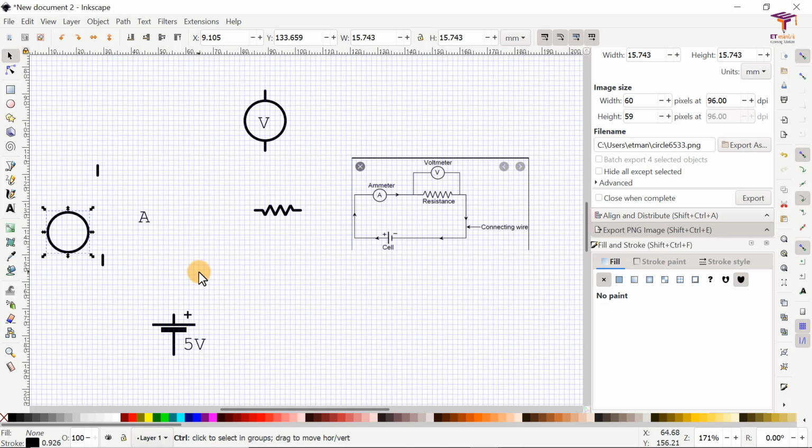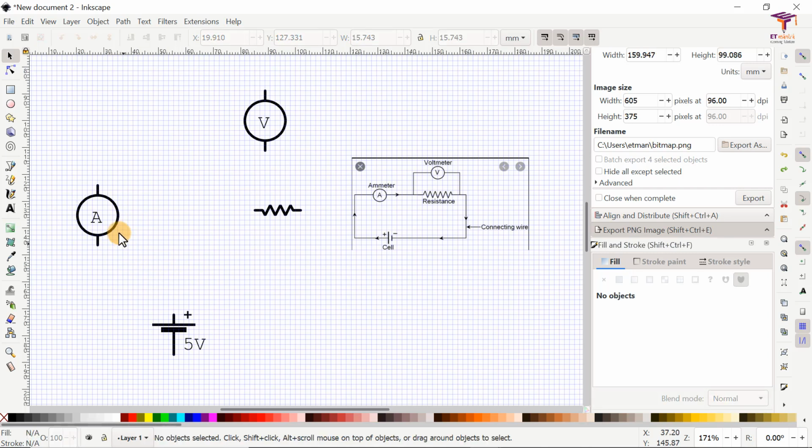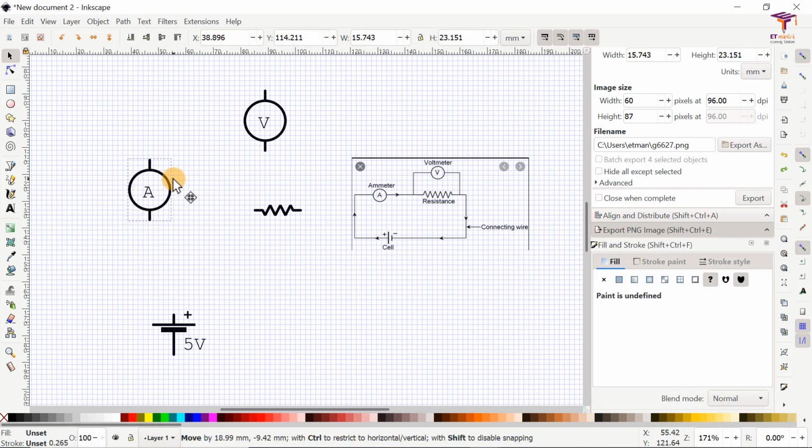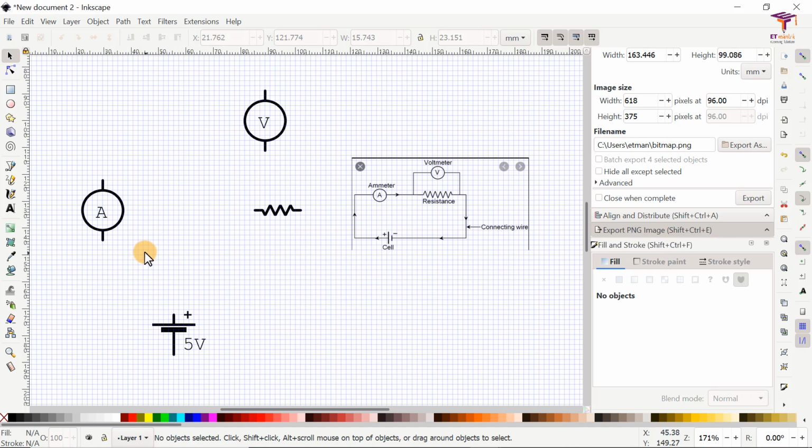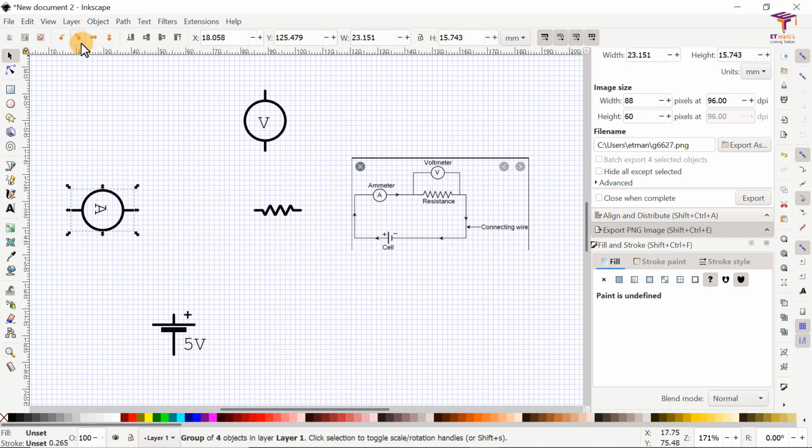I am doing Ctrl Z, and again I am doing Ctrl Z so that it becomes one group only. So now when it's one group, it's moving. All the things are moving at the same time. So I have either option to ungroup and delete these two, or I can rotate it